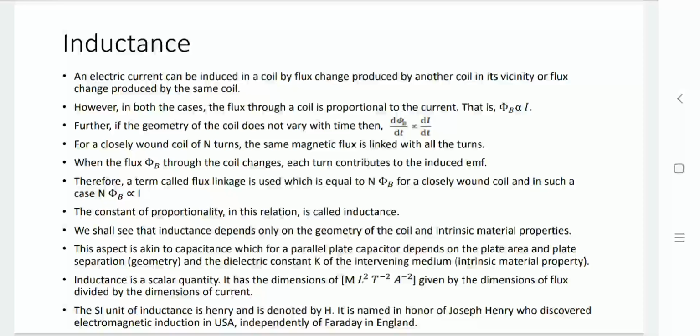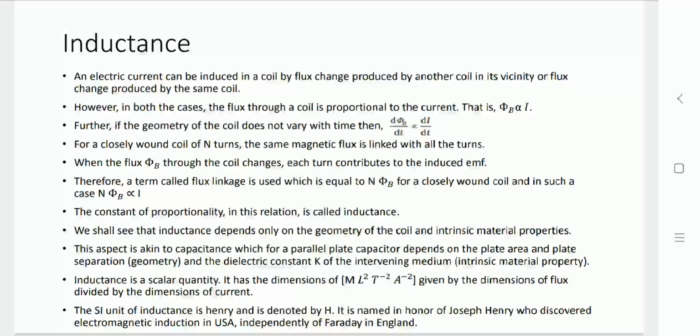Now in one coil, current is passing through it, which generates a magnetic flux. This flux affects the other coil, so that magnetic flux can also produce a current. So a two-way condition is there. Current passing through generates a flux, and if flux is available, it also produces an electric current. In both cases, flux is directly proportional to the current, so the rate of change of flux is directly proportional to the rate of change of current.